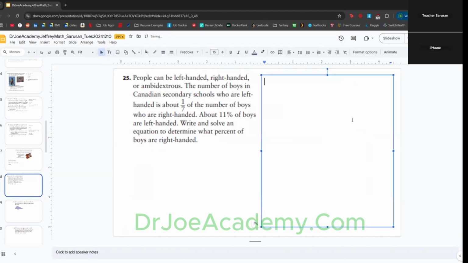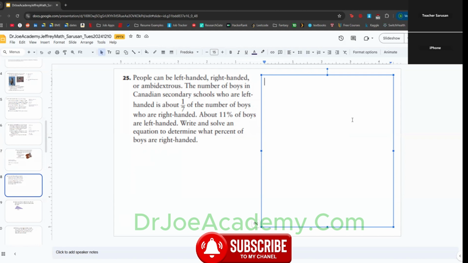It'd be 11 times 7. Because 1/7, there's like 7 times more right-handed boys than left-handed boys. Because it says 1/7. Yep. All right. So